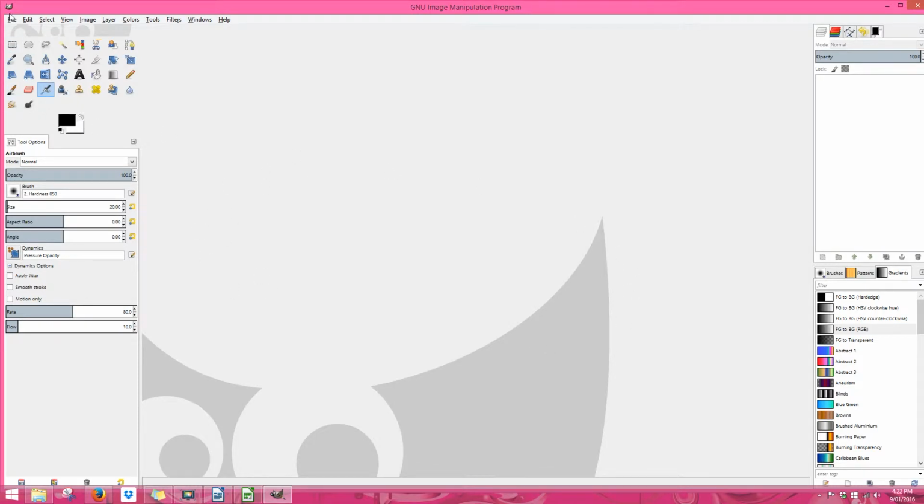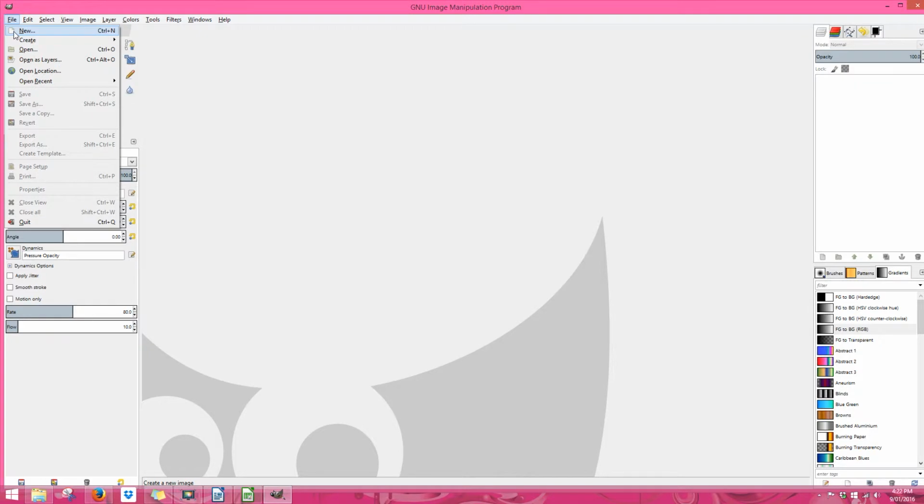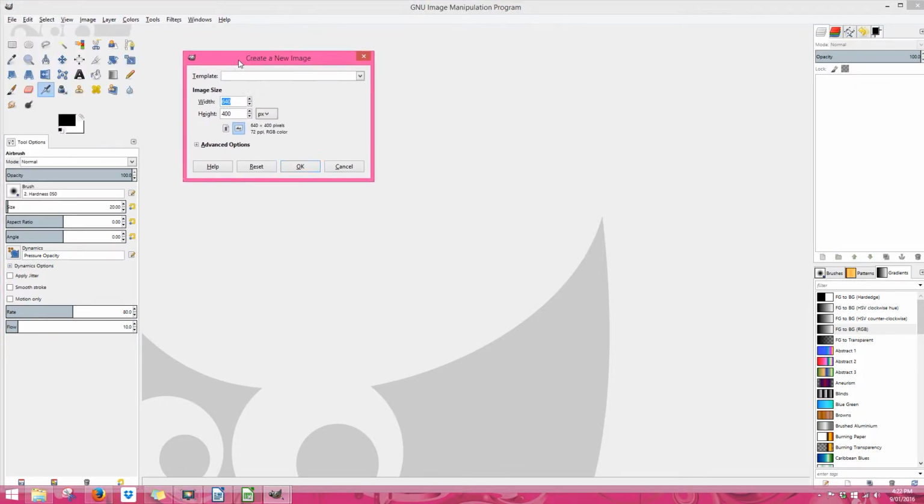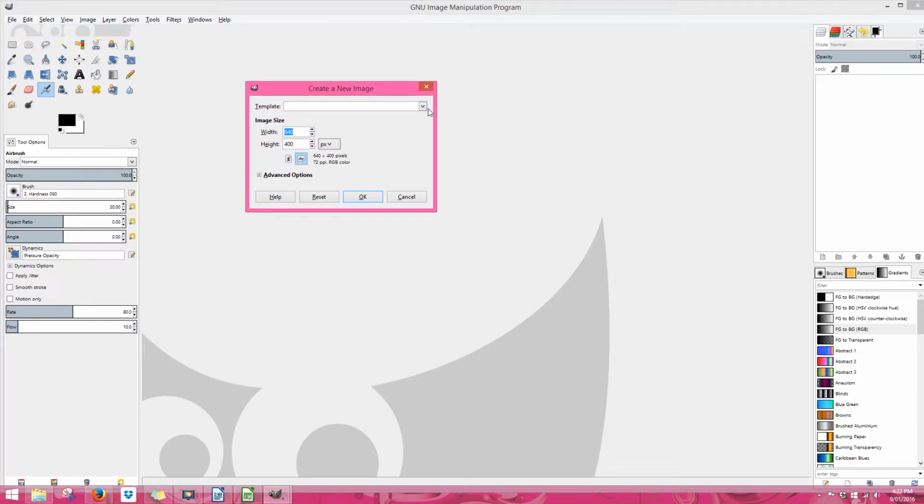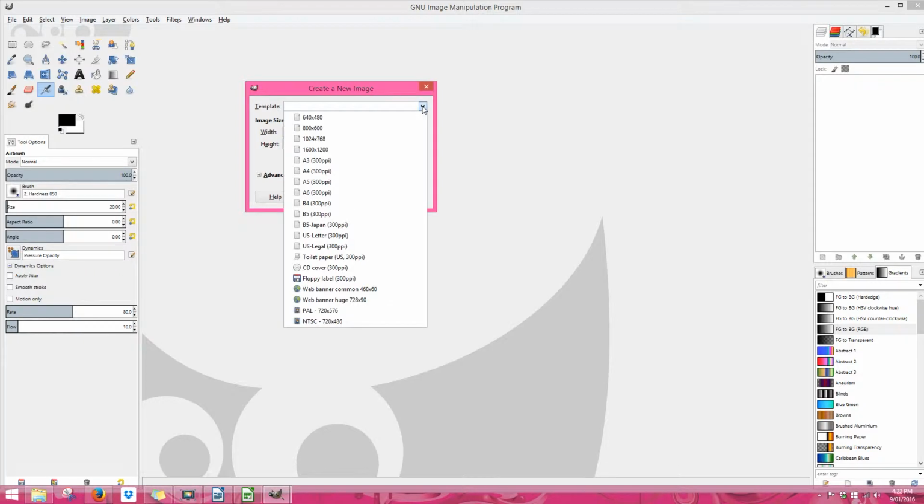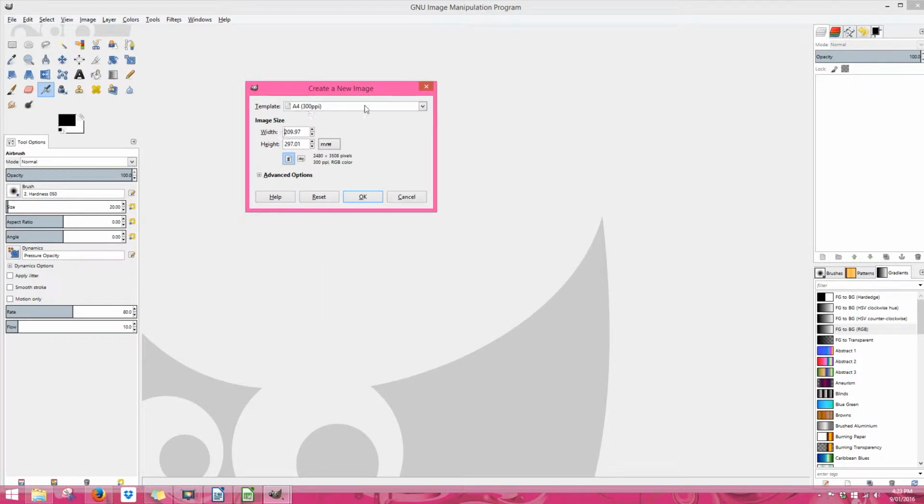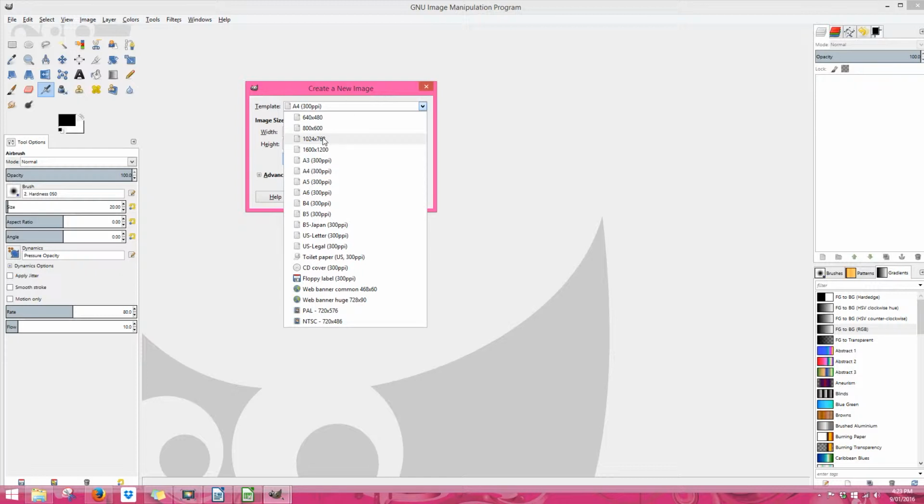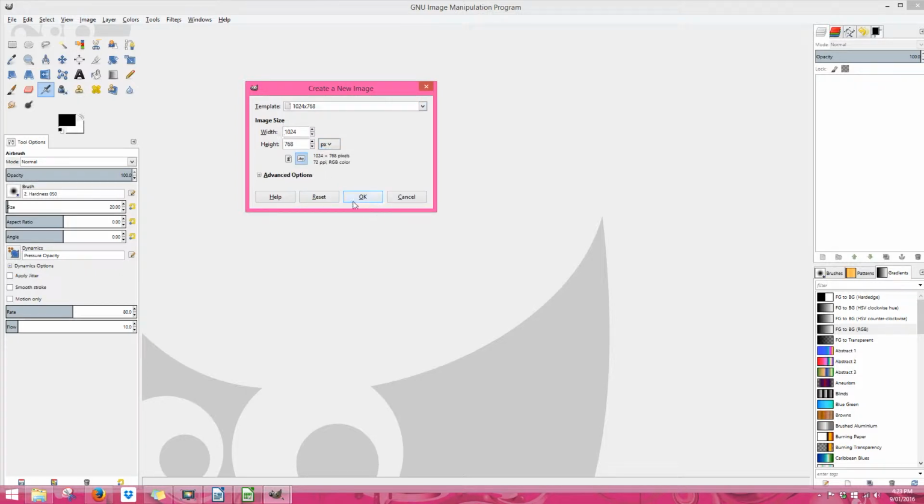To start with, we're just going to click File and New. This will create a new blank document. Whenever you create a document, you need to know what you're planning on doing with it. So if it's for printing, you will want to go to an A4 or A3 type size, which is your normal printing paper. Or if it's for online, you can choose web-based size like 1024 by 768, which is your